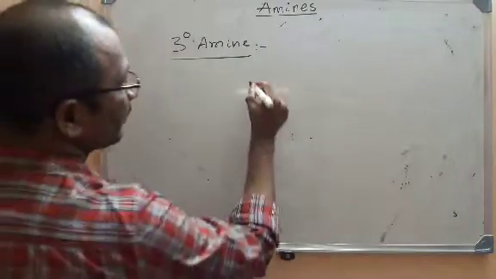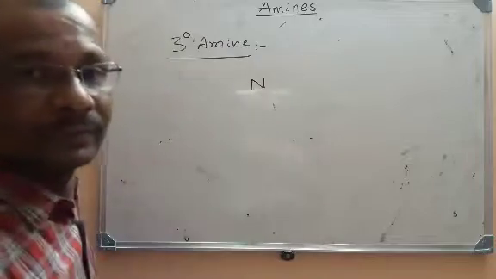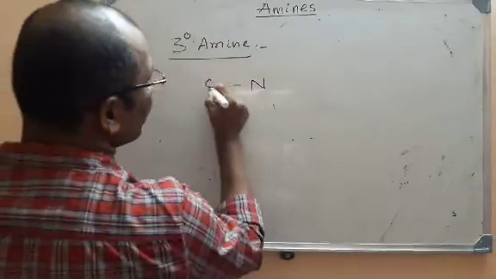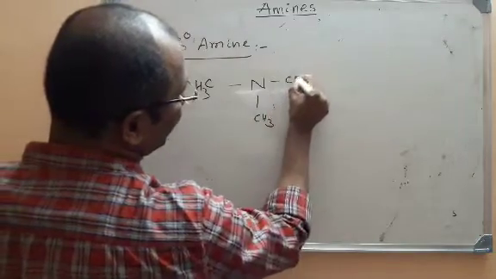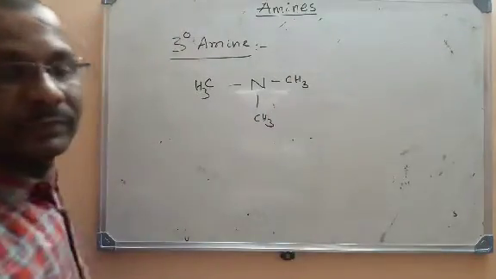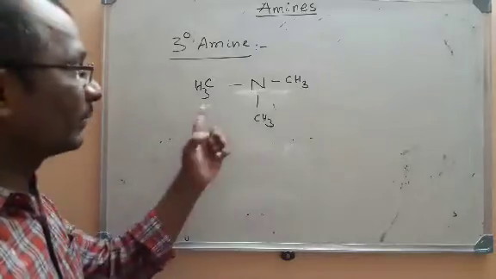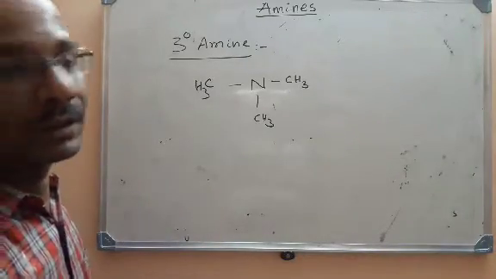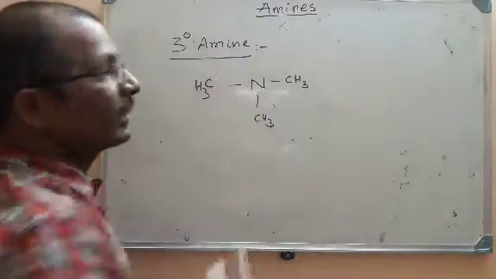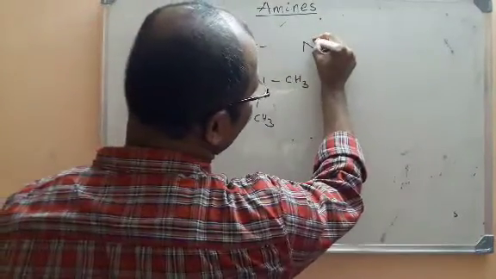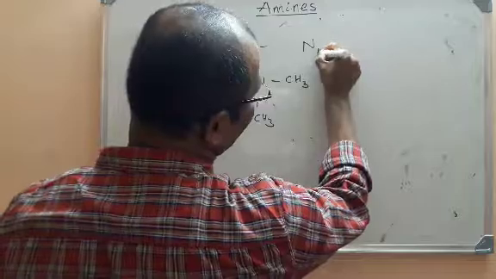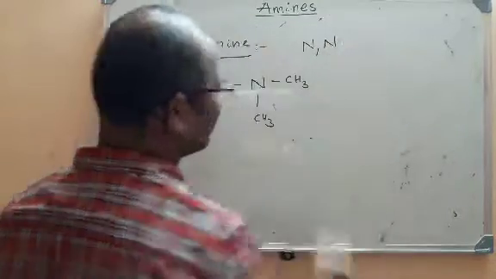In tertiary amines, what is the functional group? N. So I will write one example first. This is trimethylamine. In the common system, the name of this molecule is trimethylamine. Now, how are tertiary amines named? In IUPAC nomenclature they are named like N, N